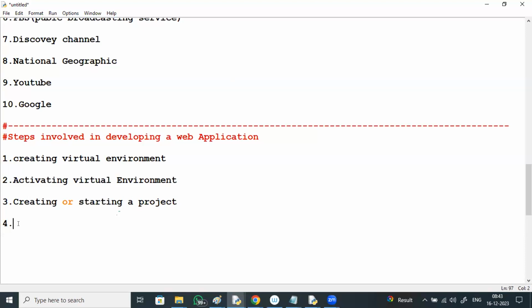What is the command for creating or starting a project? It is django-admin startproject, project name.